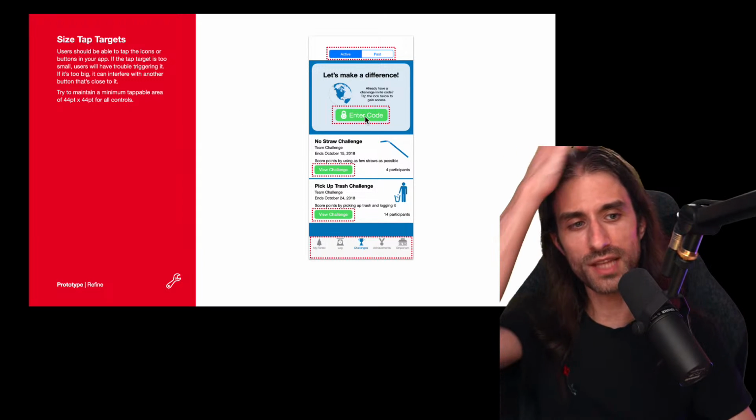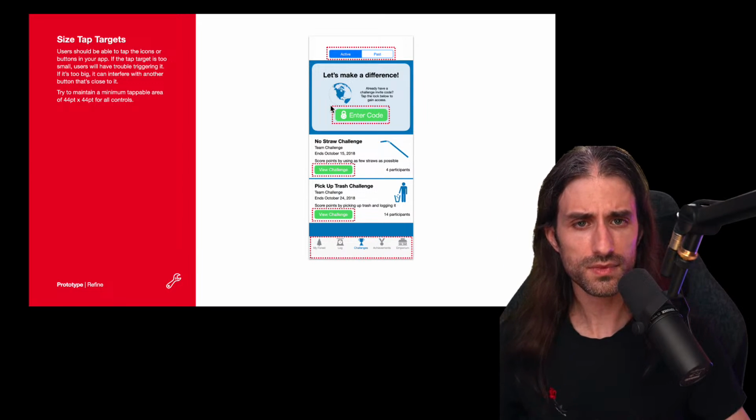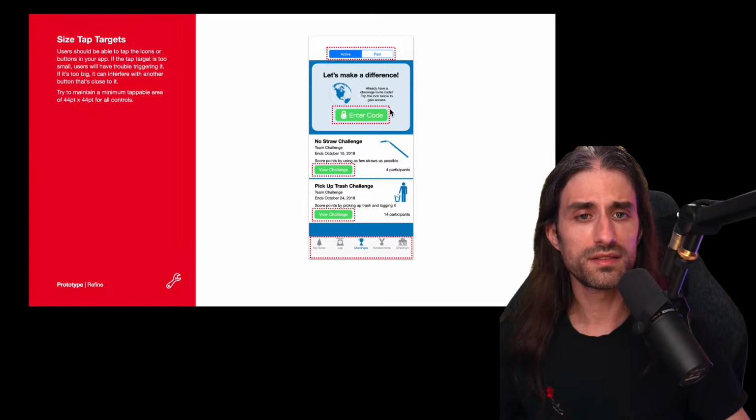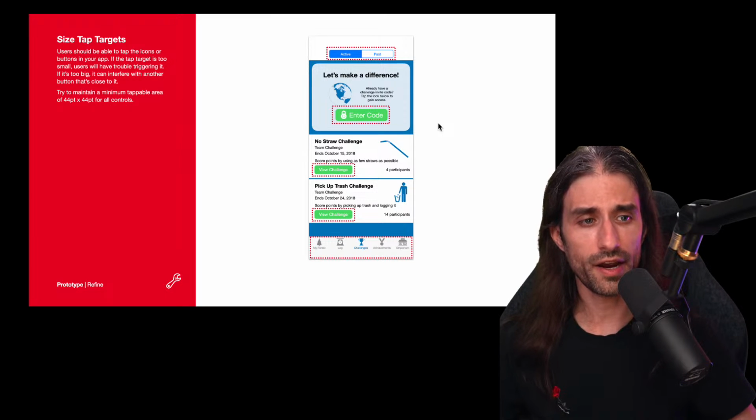So you want to make sure that the tappable area is as wide as possible, and you can see that here, they even make it a bit wider. So you definitely want the full green area to be tappable, not just the part where there is a text, but it might also make sense to even add a bit extra space around the button. This way, it's even easier to interact with the button.